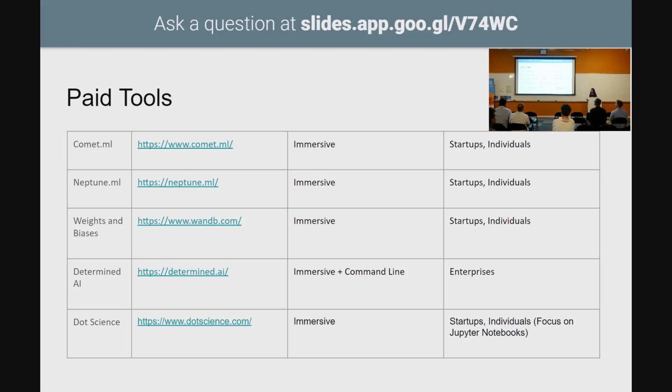And there are new ones coming out every single day. This is a problem that people are starting to face as there are more ML people coming into this business world and practicing ML on a daily basis. So I would encourage you to try them out and see if there's anything that works for you if you're facing this problem. Nothing is a clear leader yet, and it's hard to understand why or why not, because it's still fixing this intermediate problem of tracking experiments, but we don't know which ones we should discard and which ones we should keep.